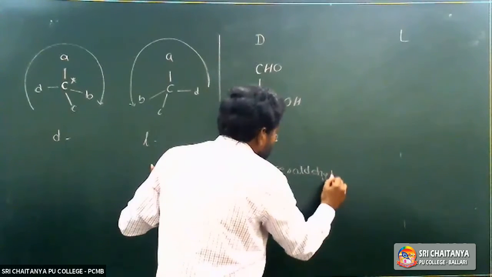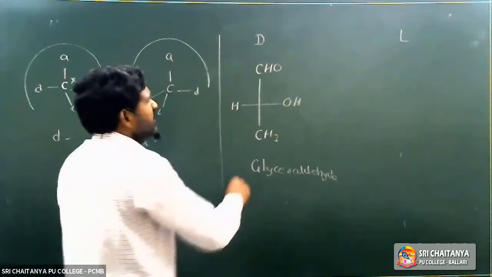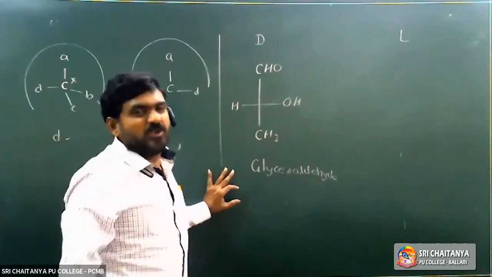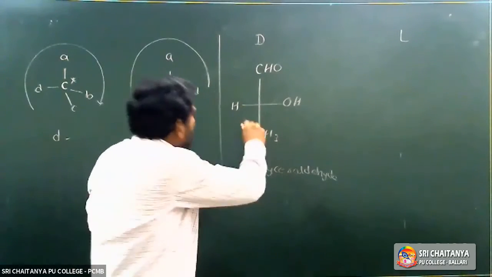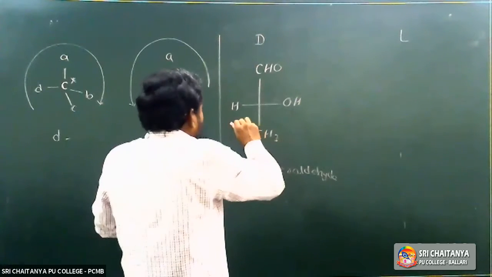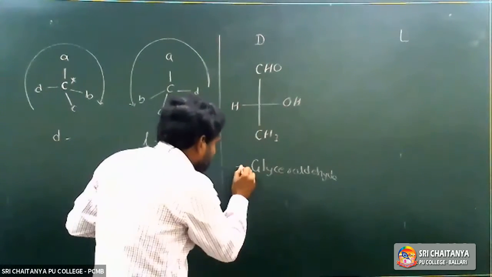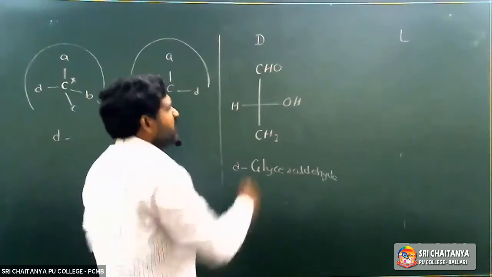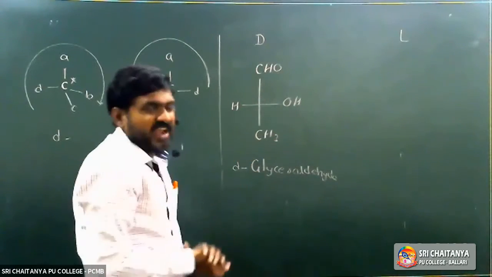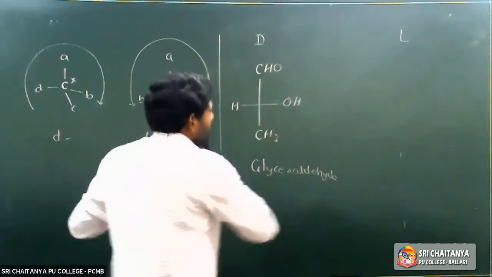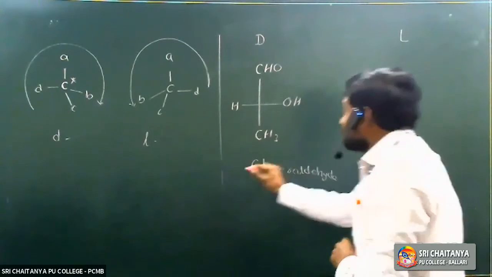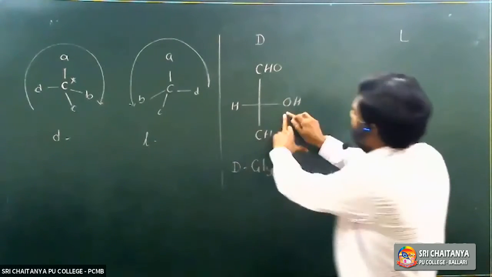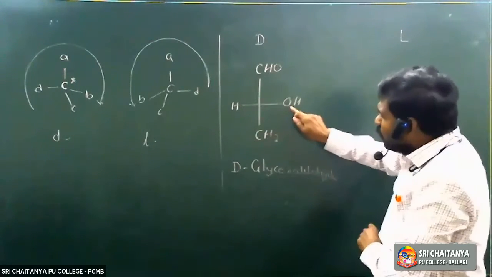It is called glyceraldehyde. Optical rotation can be measured experimentally by using a polarimeter. If it rotates the plane polarized light towards the clockwise direction, it is called small d glyceraldehyde, meaning dextrorotatory glyceraldehyde. Next, it is also called capital D glyceraldehyde because of the OH group present on